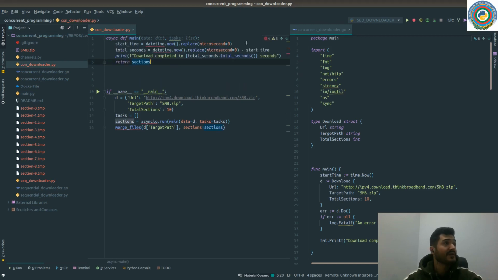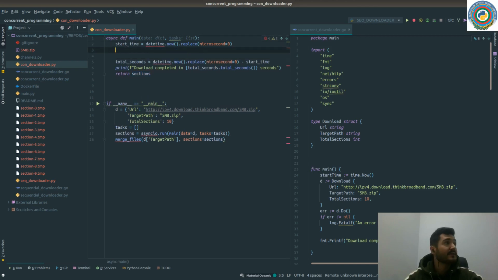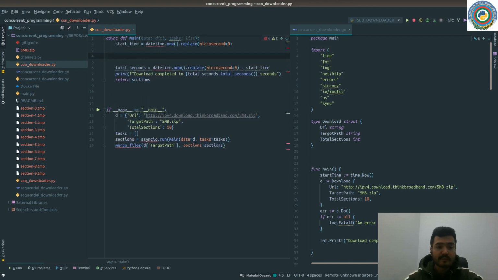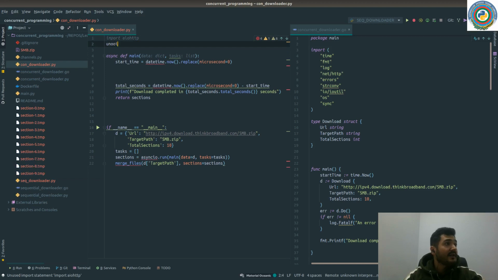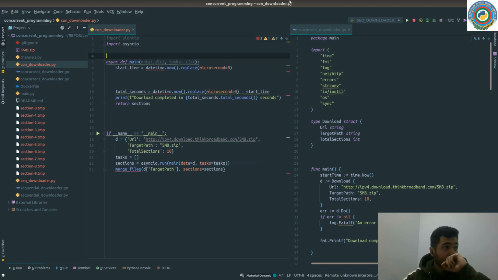And returning these sections. But now we need to import not requests, we are going to use aiohttp and asyncio. Nice. With aiohttp,